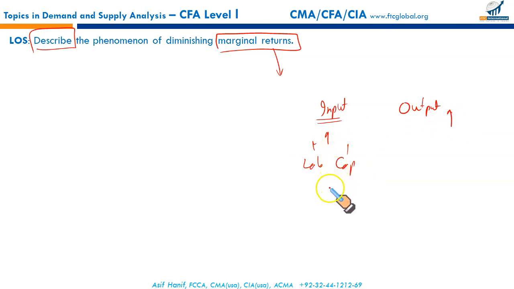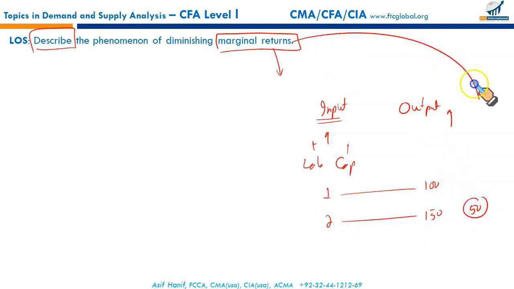So when you increase 1 unit of input, your output right now is, let's say, 100. When your input is increased from 1 to 2, your output goes up to 150. Now this 50 here represents your marginal return. Increasing your input by 1 unit has caused an increase of 50 in your output. So this is what you call the marginal return. Okay, that makes sense. And let's say if we increase an input by 1 more unit, your output goes up to 170. Now the marginal return is 20.